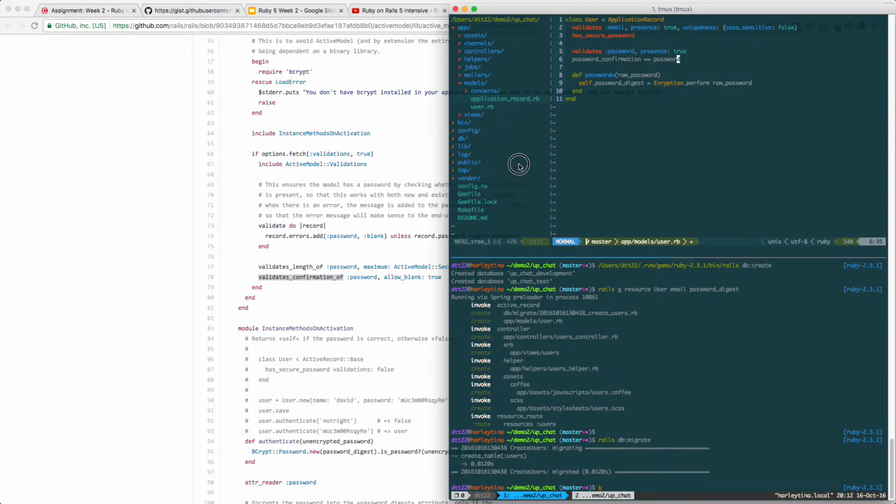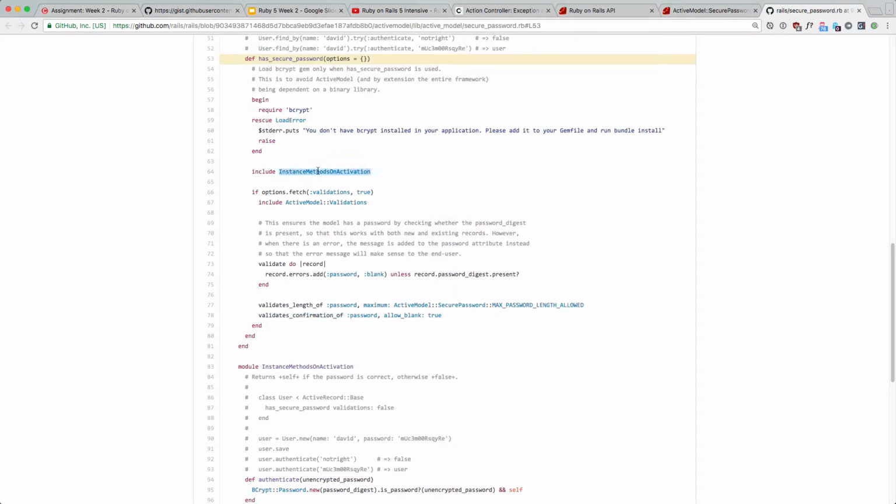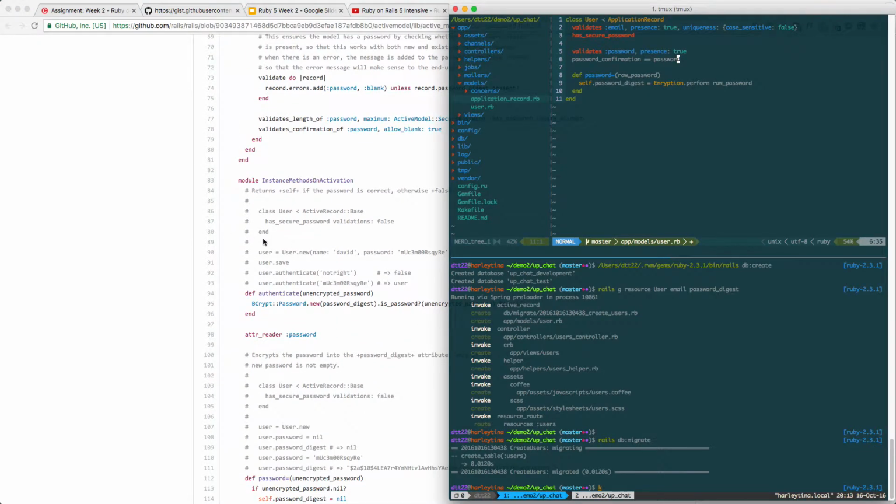Does that sound okay? You need another, this is like a virtual, not a real table column, right? It's a virtual attribute. It's a virtual column. Okay, it also says include this instance method. I mean, I have a user, that's my instance method. Add user. So I can say user is this person,